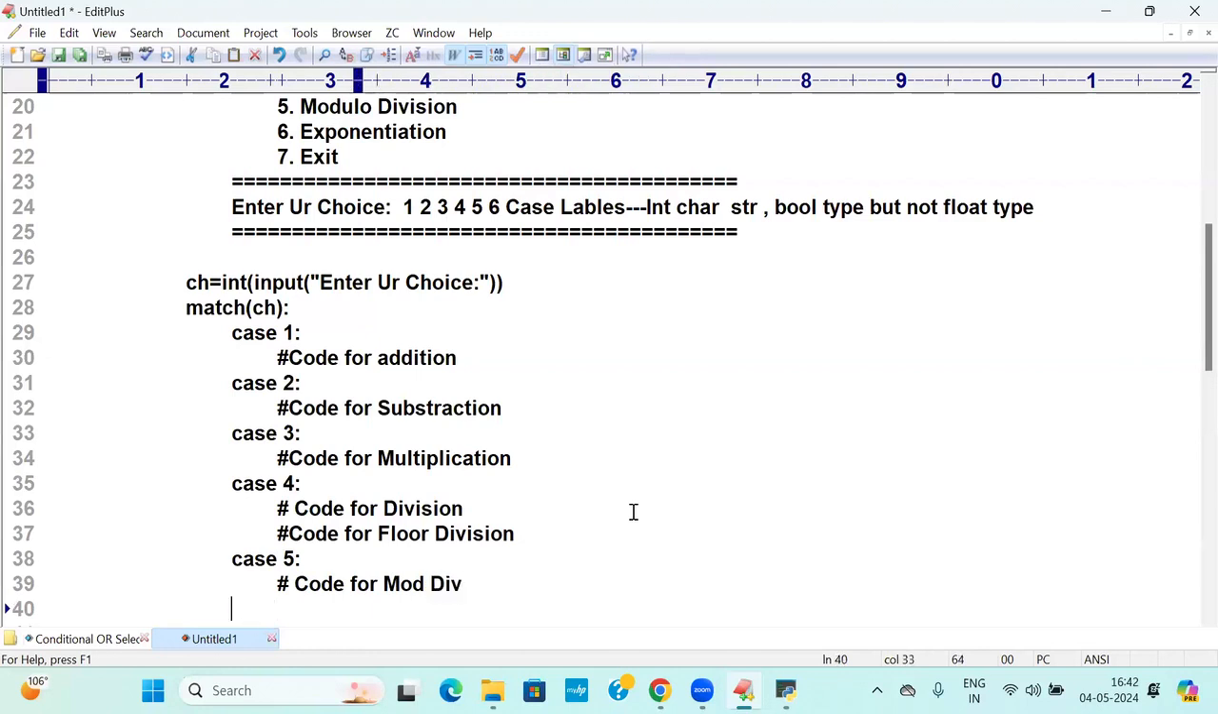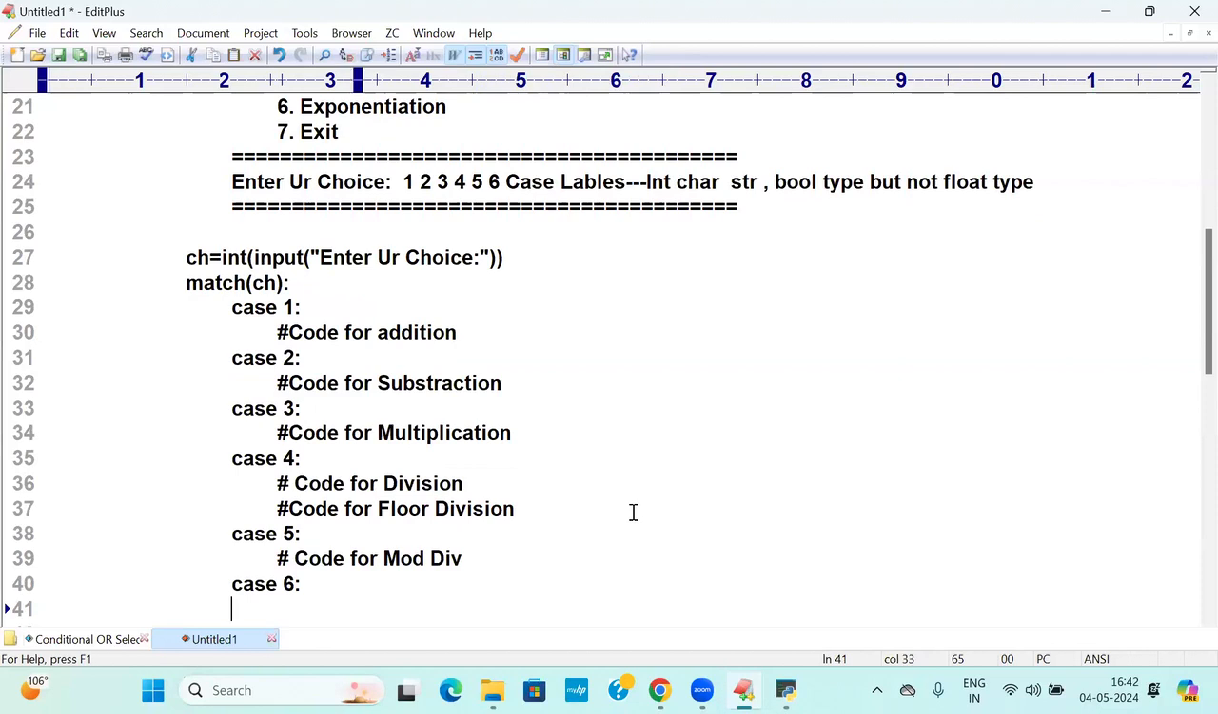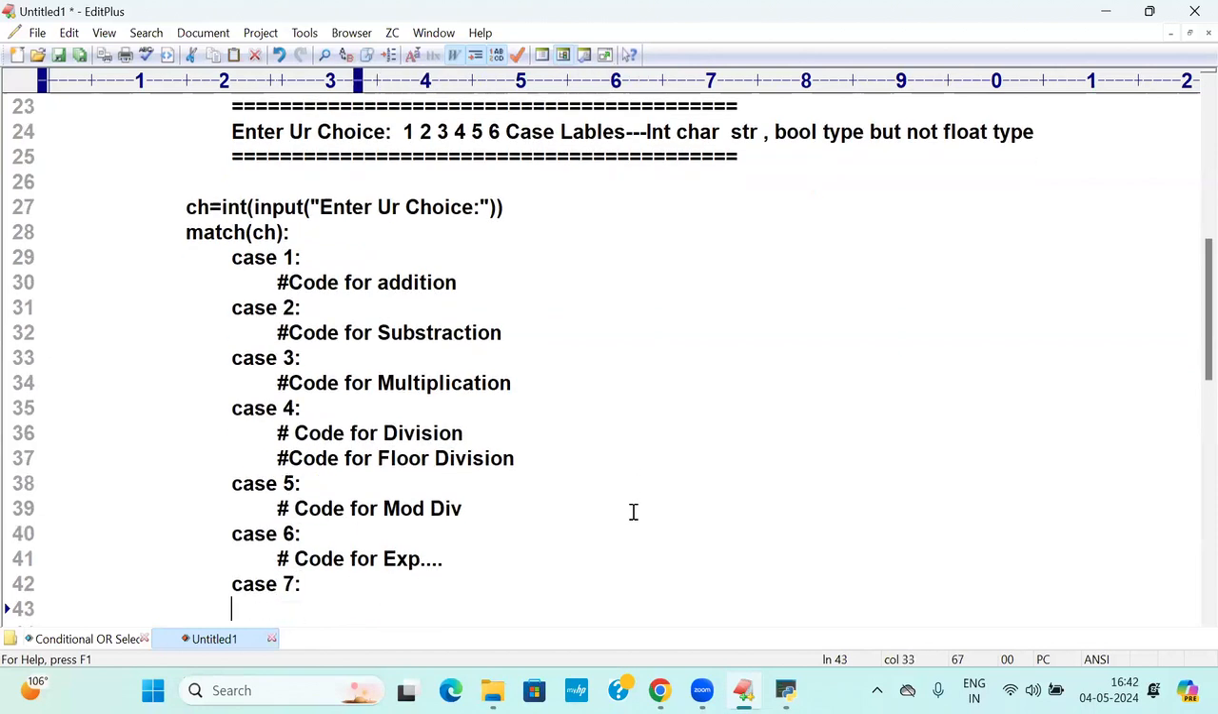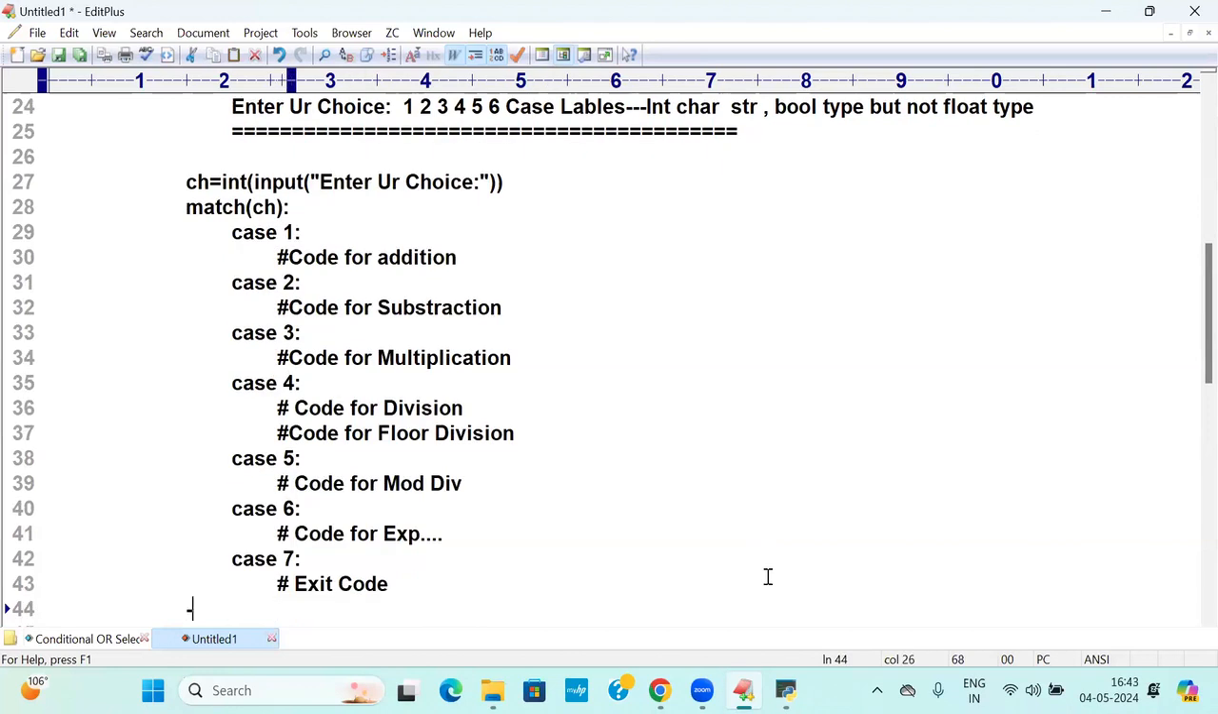Next I'm writing case 6. Code for exponentiation. Right? Now I'll write code for 7, the exit code. Exit code means to come out of the program. Are you able to follow? After that, I will write what? Following